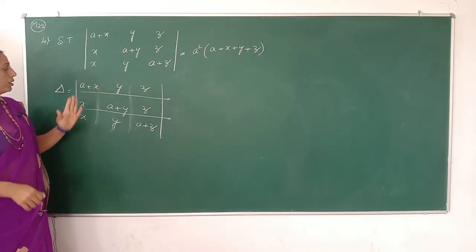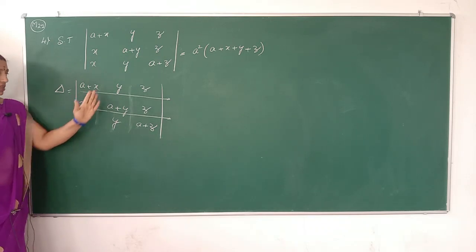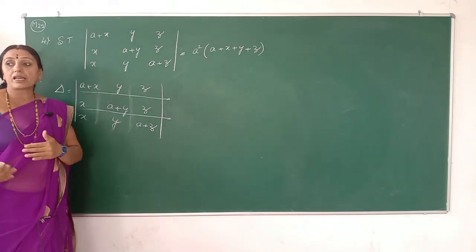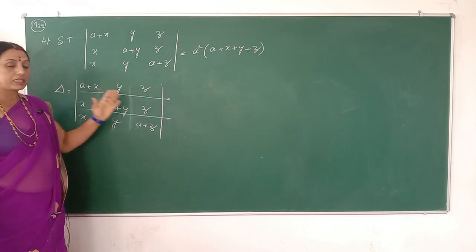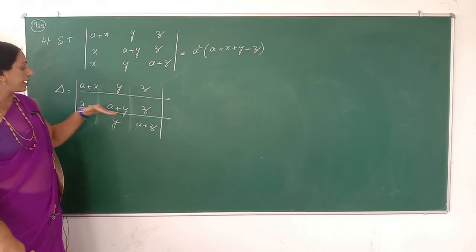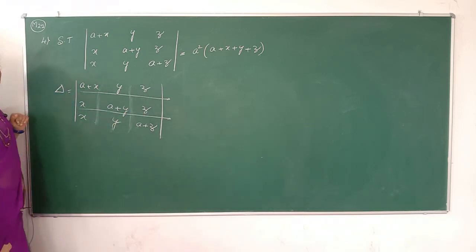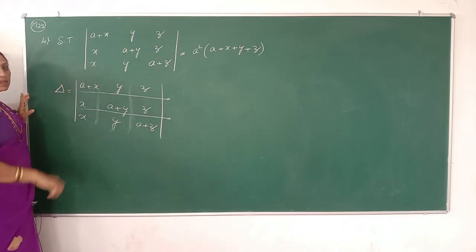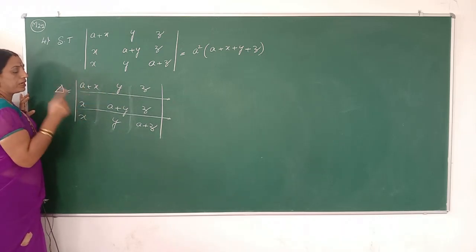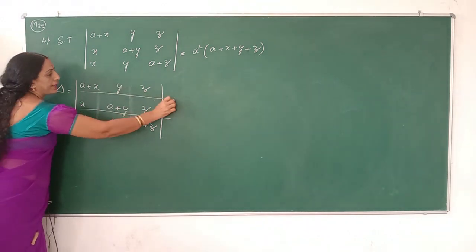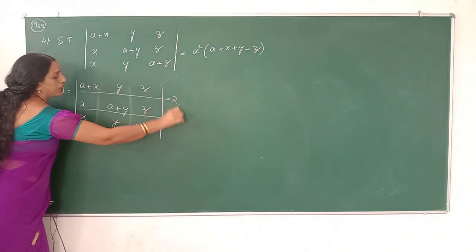different types of numbers. In the first column 3 times x, in the second column 3 times y, and in the third column 3 times z. But all these numbers are not a common factor. So therefore these are added with the corresponding elements row wise. All will be multiples of ones, and all will be the same type of elements. Therefore, these are added in the form of rows R1, R2, R3.